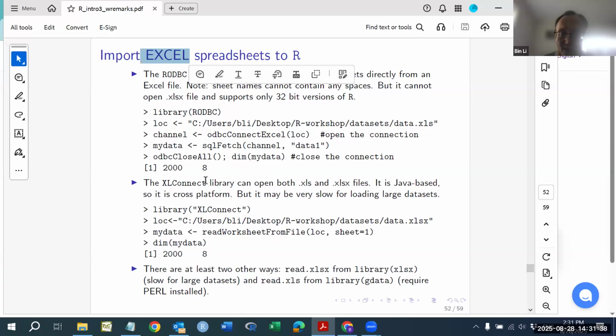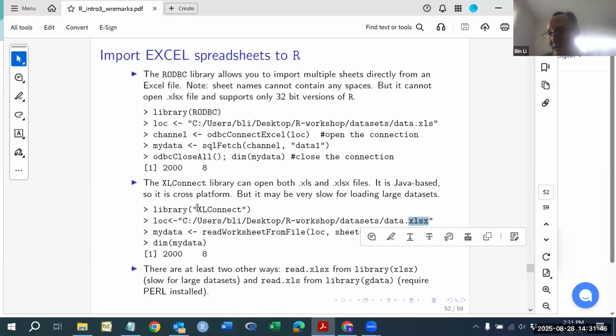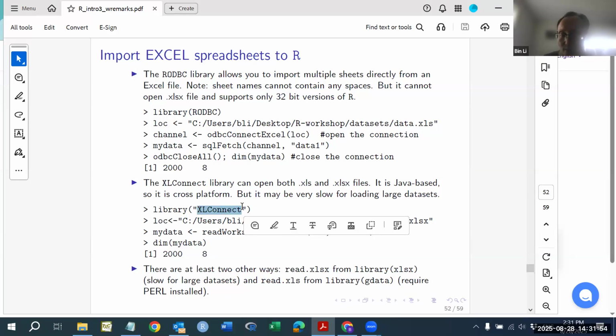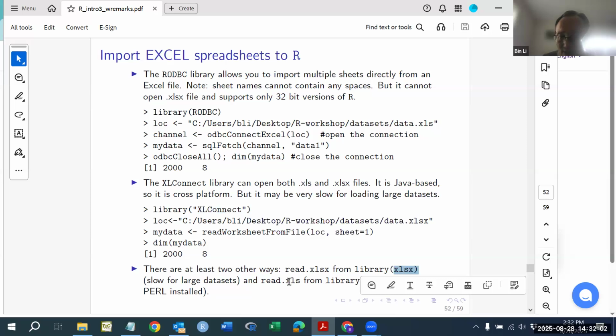If you import from Excel, nowadays people use XLSX. For this one, there are several packages that allow you to read Excel data. One of them is XLConnect. Okay, and there are others, like here I'm listing a library called xlsx, and there's gdata. So there are a few packages that allow you to read data from an Excel spreadsheet. However,